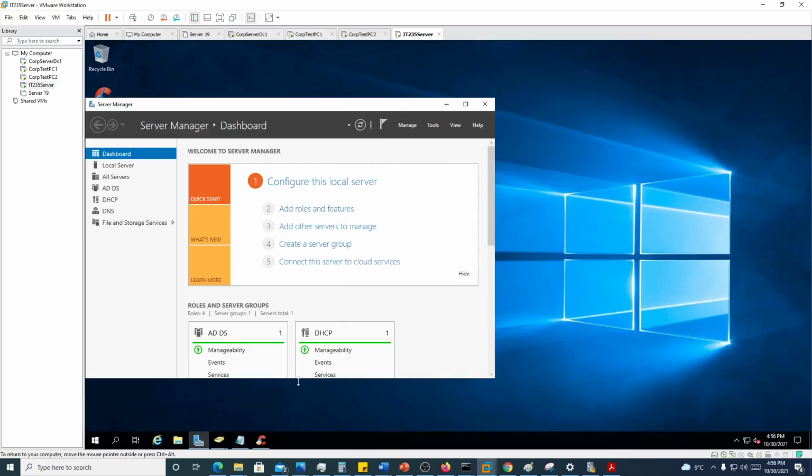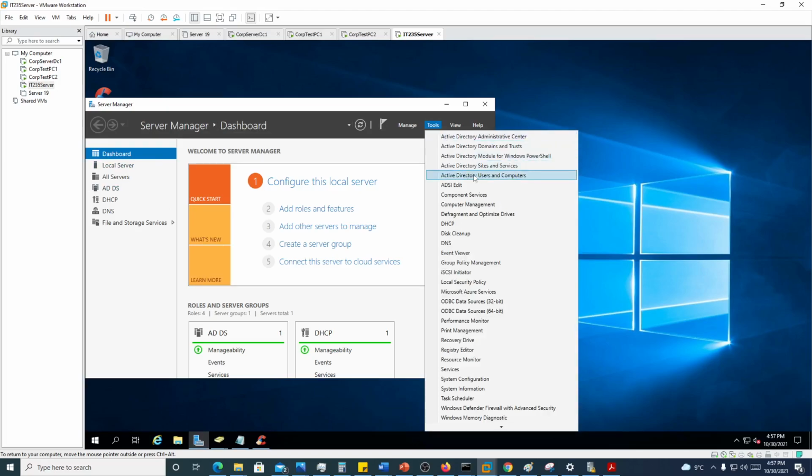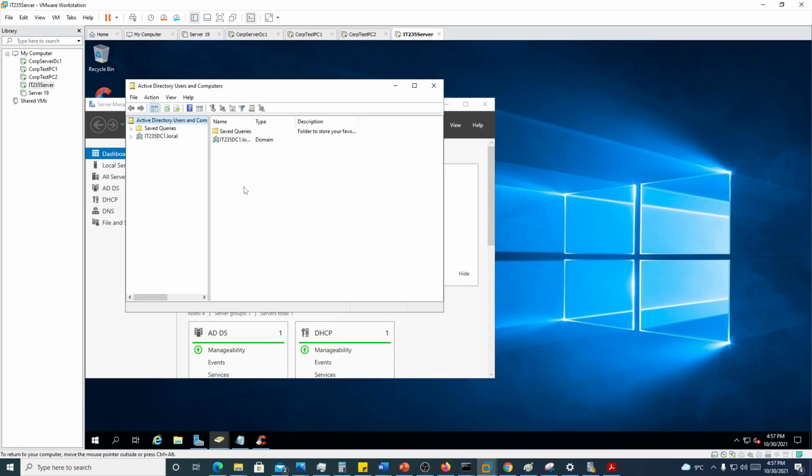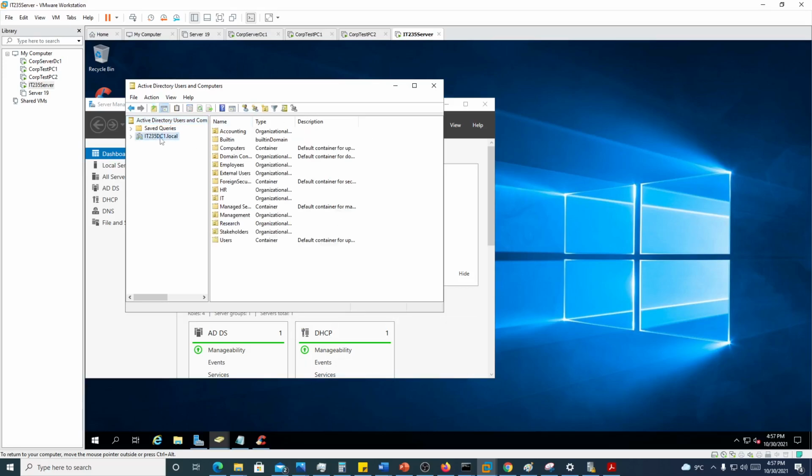In this video, we are going to talk about logical access control methods and data security methods. For that purpose, we already installed Active Directory controllers on our Server 2019. To open Active Directory, we go to Tools, and then we open Active Directory Users and Computers. When it opens, you can see that we already created a new forest called